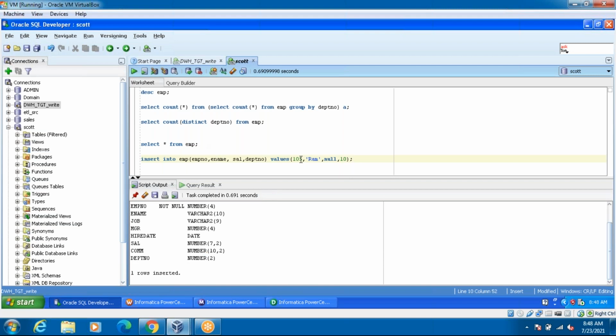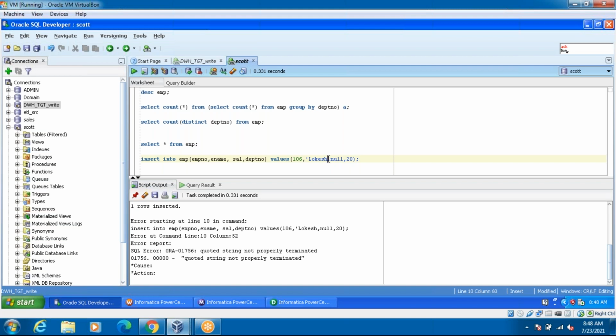Same thing I'm going to give the 106. I'm going to give the location, 20. Sorry, incorrect. The code is missing here.